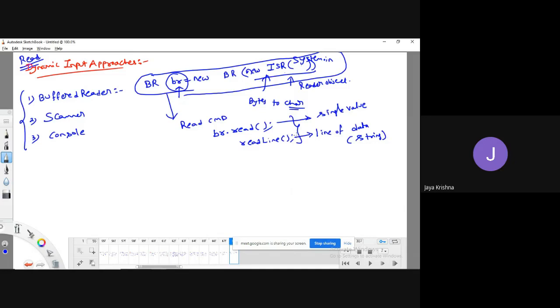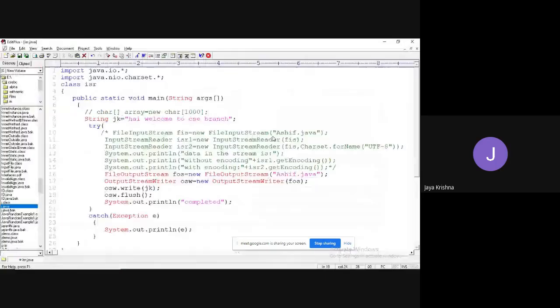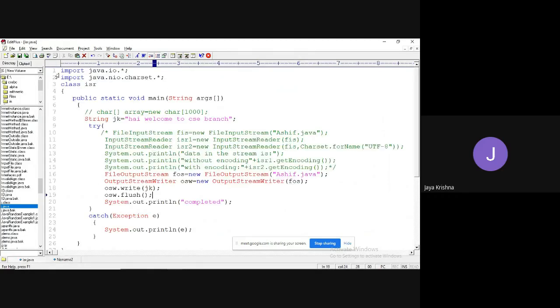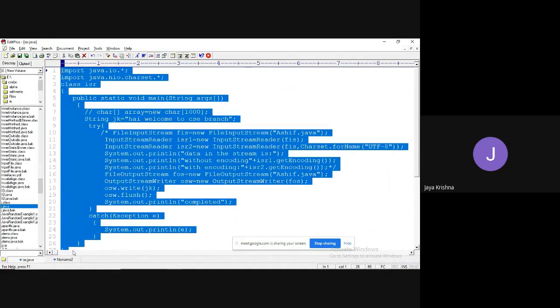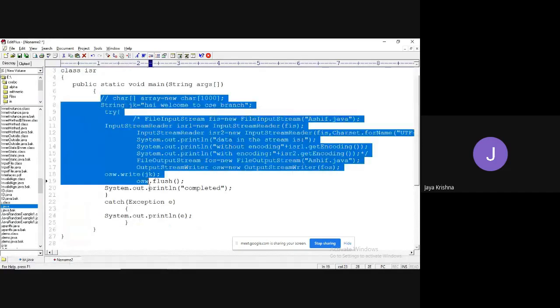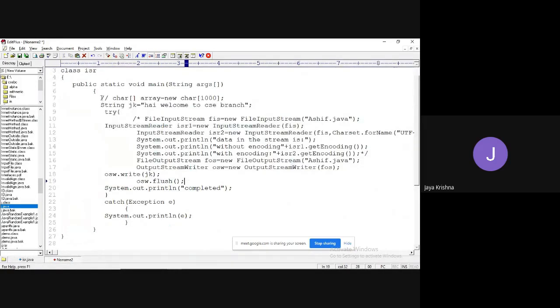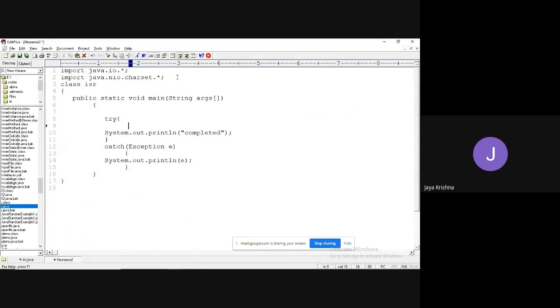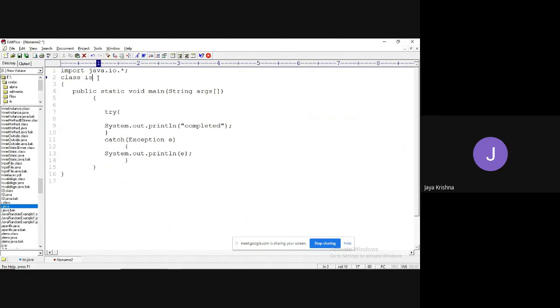Okay, fine. To get more clarity, I will explain with a small example. I can take a new one. These are not necessary; only the IO package is required.